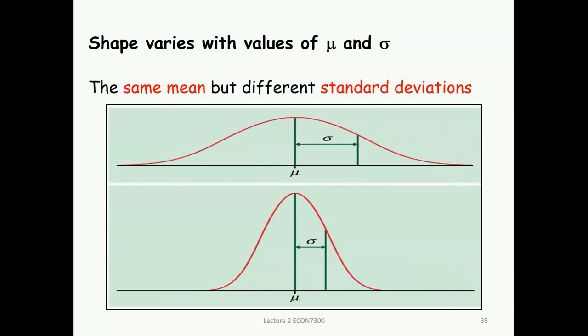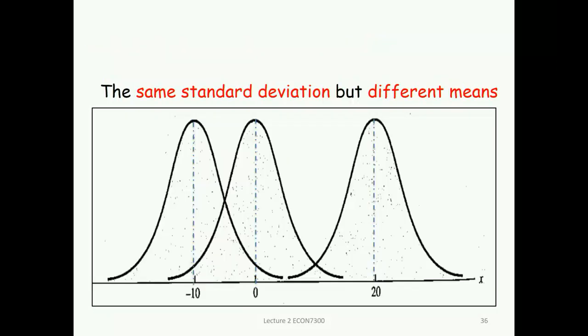So I could conclude from this one, I have the same population mean, not sample, but population mean, in these two distributions, but different population standard deviation. What about here? I have the same population standard deviation, but different population mean. So what does it mean? With a normal distribution, we could have so many types of normal distribution, with different population means.